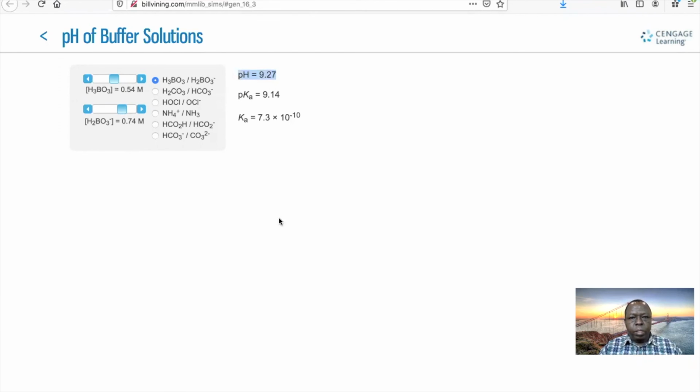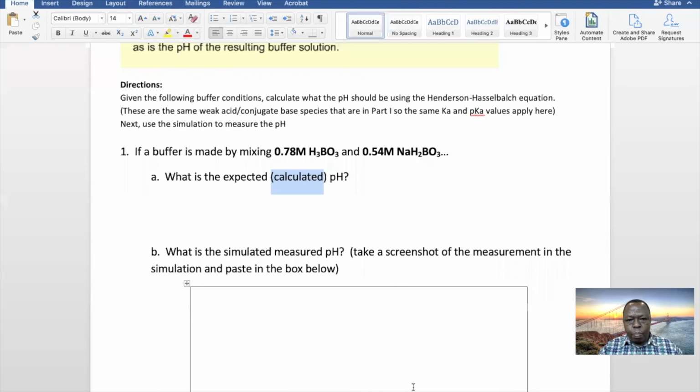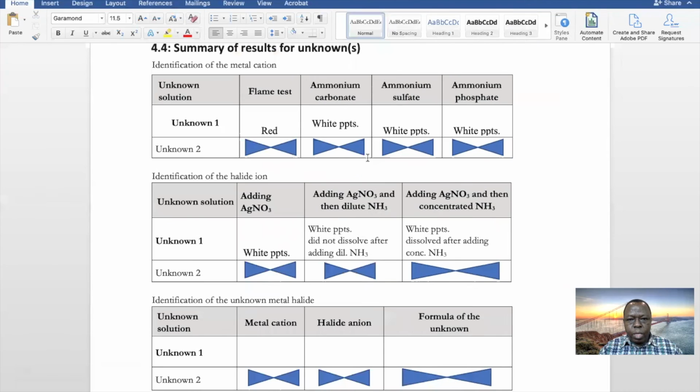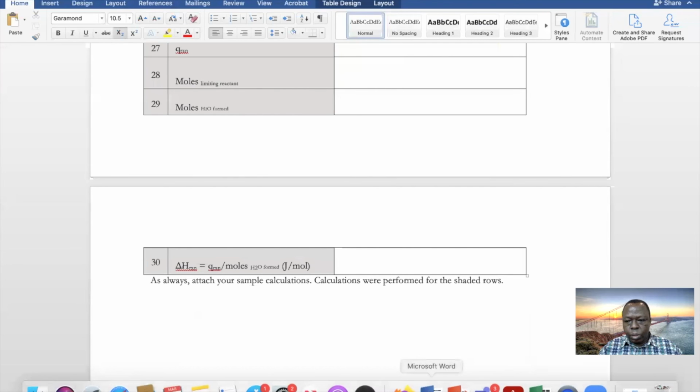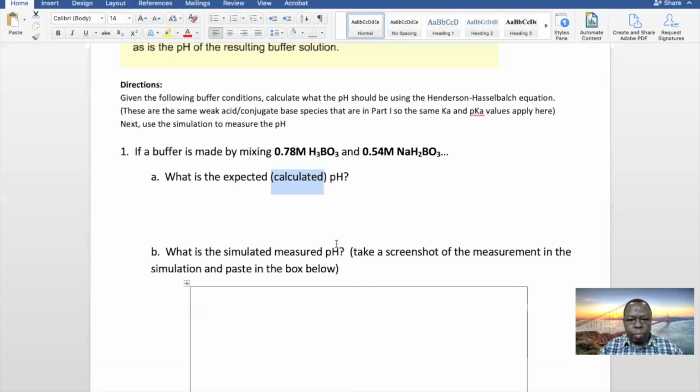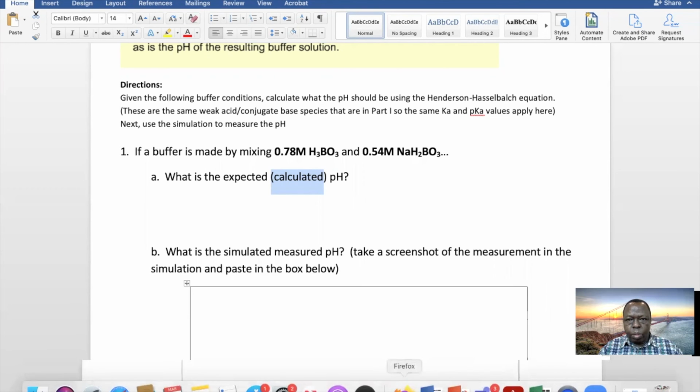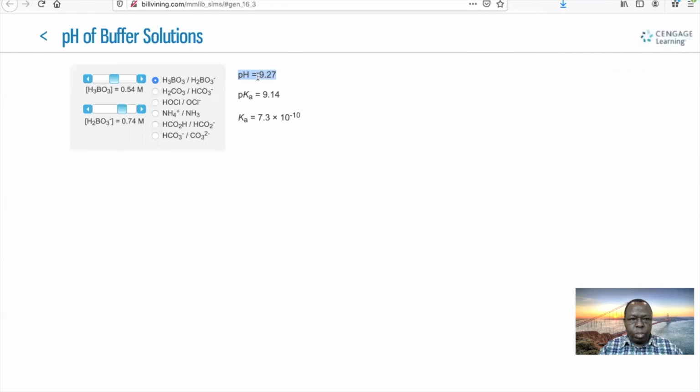And then you will write the pH. What is the simulated pH? The simulated pH is not that. The simulated pH is given. What is the simulated pH? 9.27, right here, 9.27, that is the simulated pH. And then what? Next is,